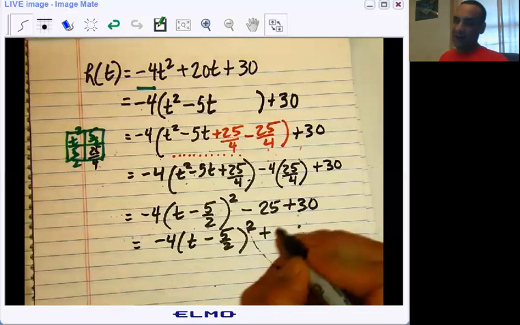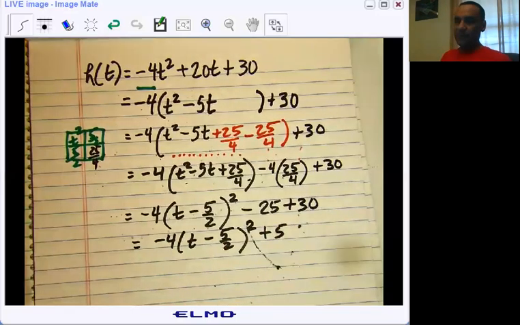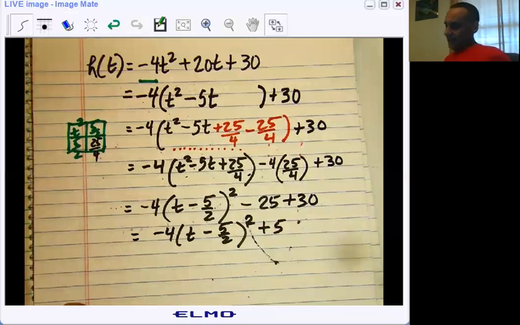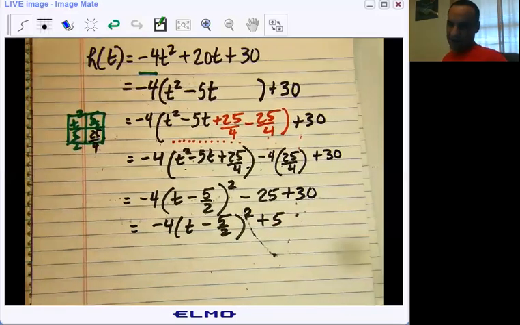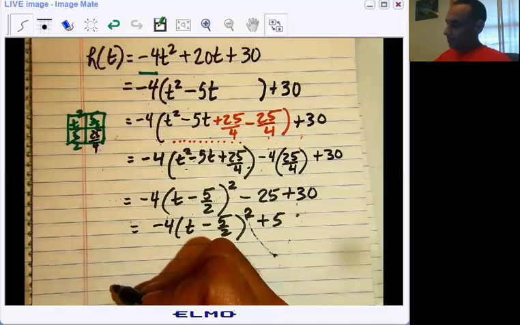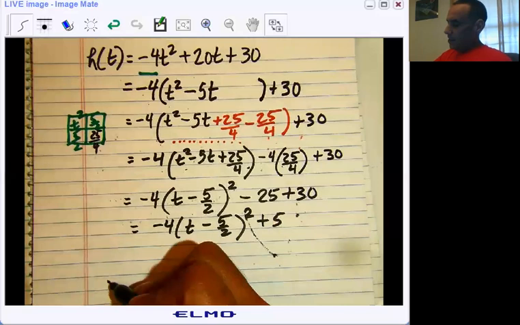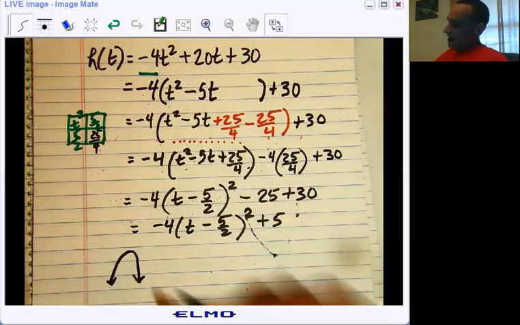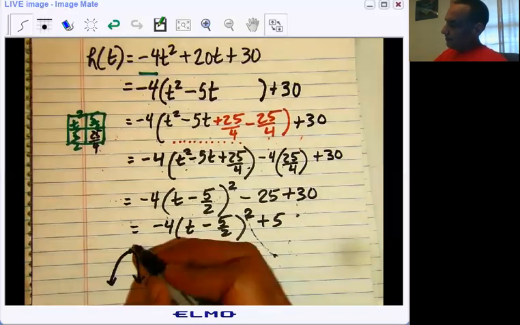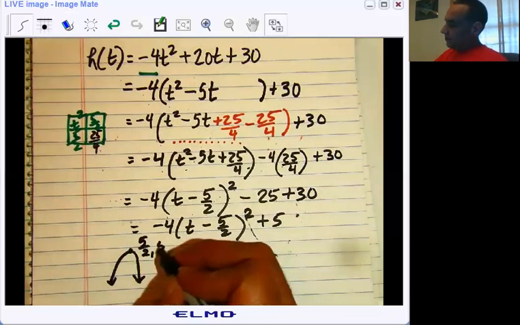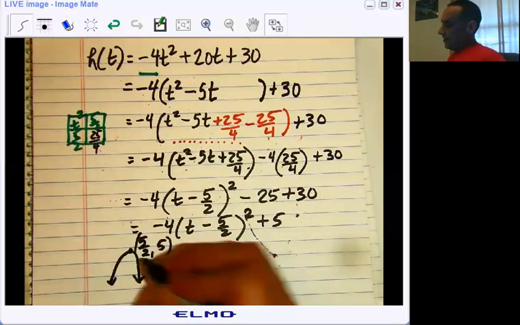plus 5. And once again, just like before, you're going to know a lot of things in regards to this binomial expression or this quadratic. It's going to be a negative quadratic. It's going to have a peak at the value 5/2 and 5. And